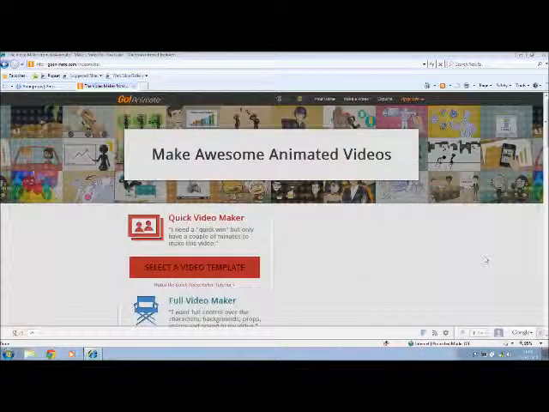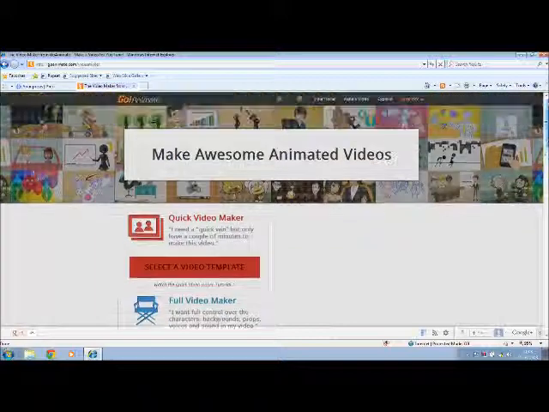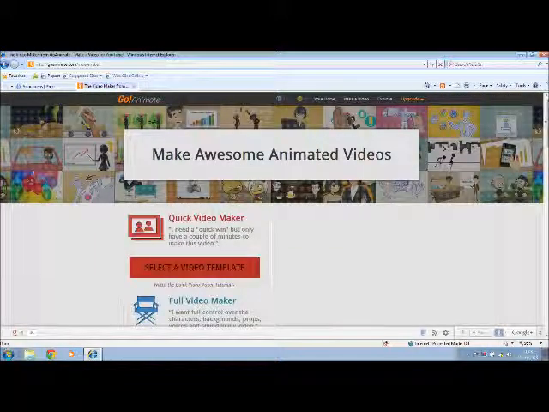Okay, so here's another technology that you might want to use. Now, if you've got a concept that's difficult to explain, or you want to explain it in a slightly more engaging way, especially when students come to revise something, then you might want to visit goanimate.com. Now, GoAnimate allows you to create some sort of animations using pre-selected text, or you can use your own voice if you want to. So again, it's a simple case of setting up an account with an email and a password, and you can very quickly